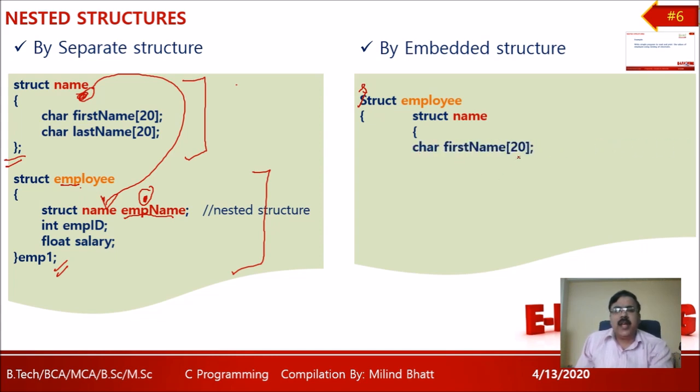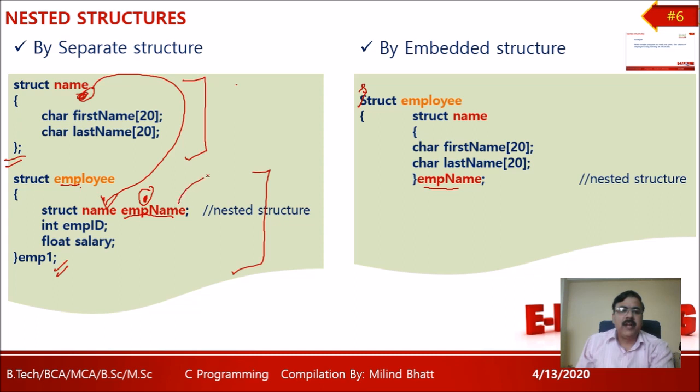Character array of size 20 represented by first name. Character array of 20 represented by last name. I am now terminating this particular structure name and giving its reference or name as emp name. See, compare it with this